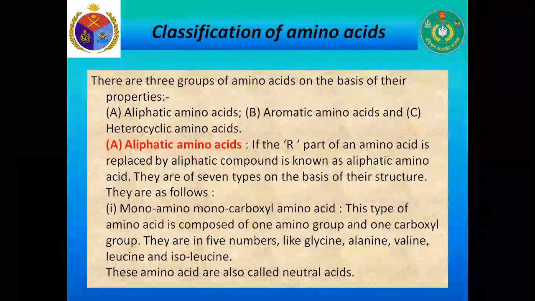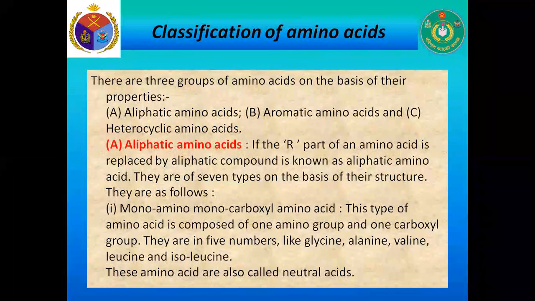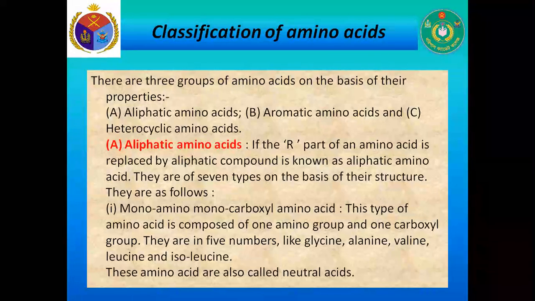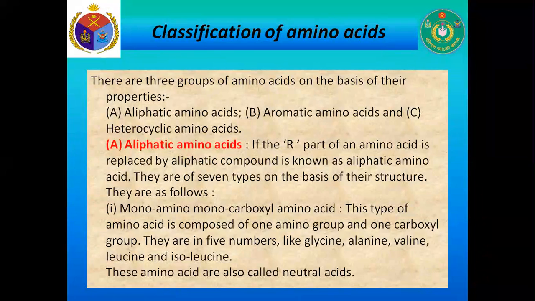Now, classification of amino acids. There are three groups of amino acids on the basis of their properties: aliphatic amino acid, aromatic amino acid, and heterocyclic amino acid. Now, firstly, aliphatic amino acids. If the R part of an amino acid is replaced by aliphatic compounds, it is known as aliphatic amino acid. They are of seven types on the basis of their structure. They are as follows: